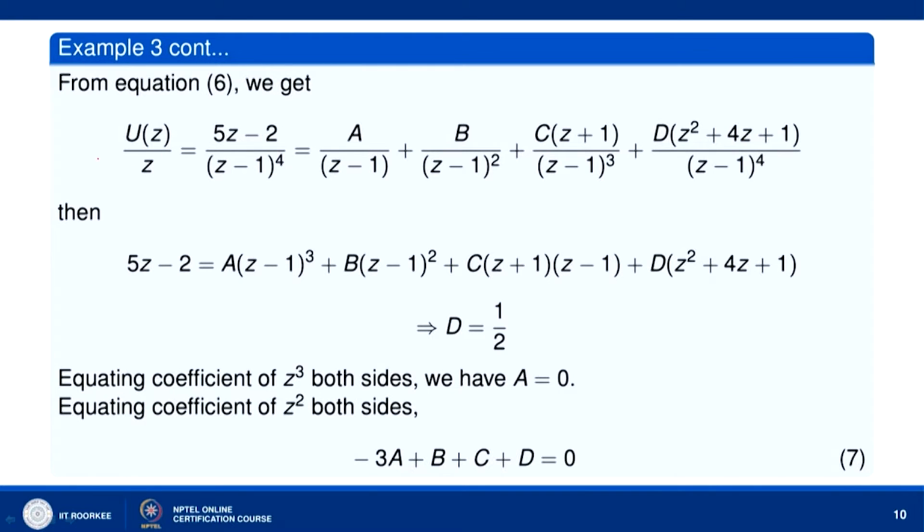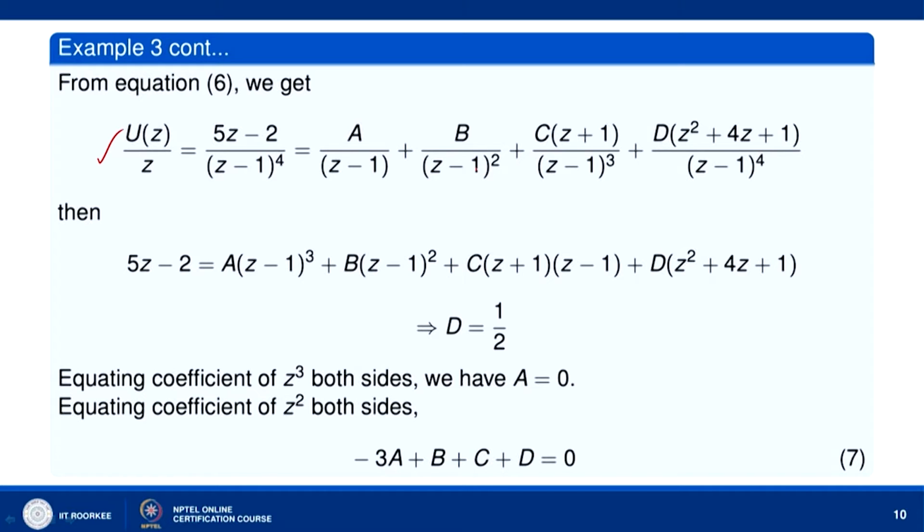So, U(z)/z is (5z - 2) divided by (z - 1)^4. Now, there will be 4 fractions corresponding to (z - 1)^4. There will be 1 over (z - 1), 1 over (z - 1) square, (z - 1) cube, (z - 1) to the power 4. Now, for (z - 1) you need only z in the numerator. Okay. That z is here. So, we will multiply in the end and we will have a times z over (z - 1). We can easily write the inverse z-transform.